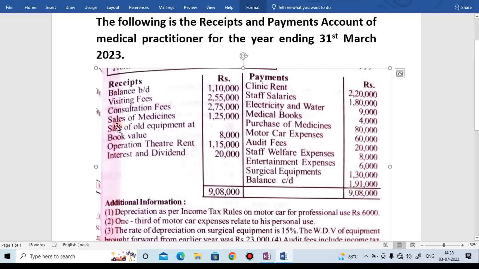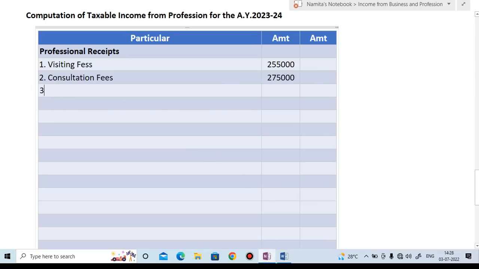Next is sale of medicines. Yes, it is related to professional receipt of medicines of doctor. So sale of medicine amount is 1,25,000. So third point,